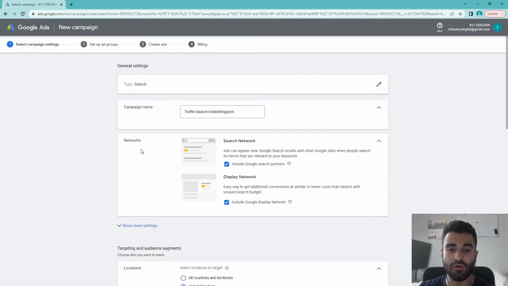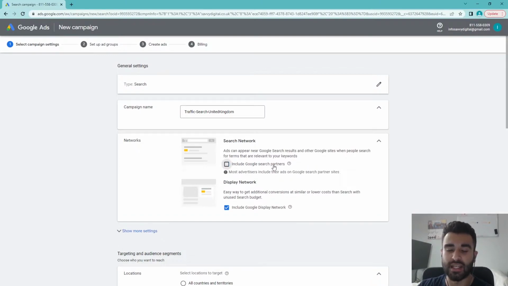So to briefly go over what each search network is basically achieving here. Like it says here, you have the search network, which is the first option, and it says include the Google search partners. I tend to take this off, and the reason I do that is because when I'm advertising, especially for a client advertising for a local service-based business,